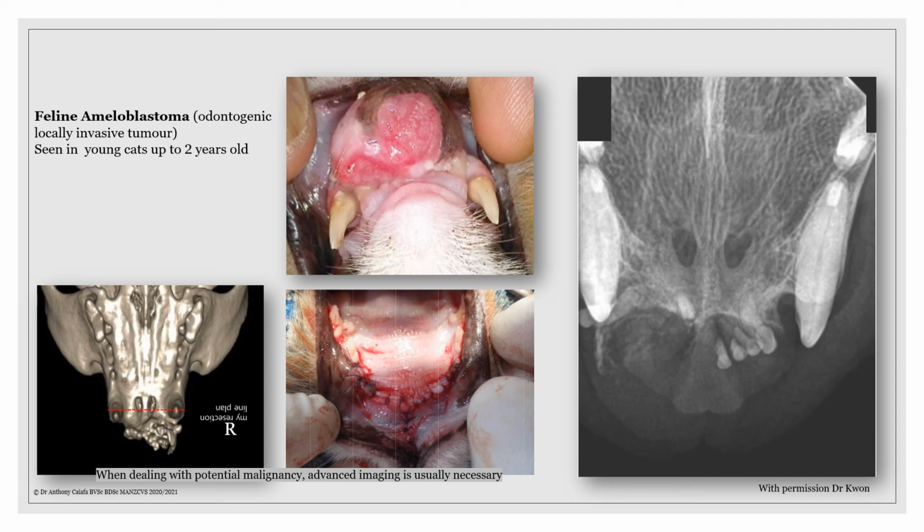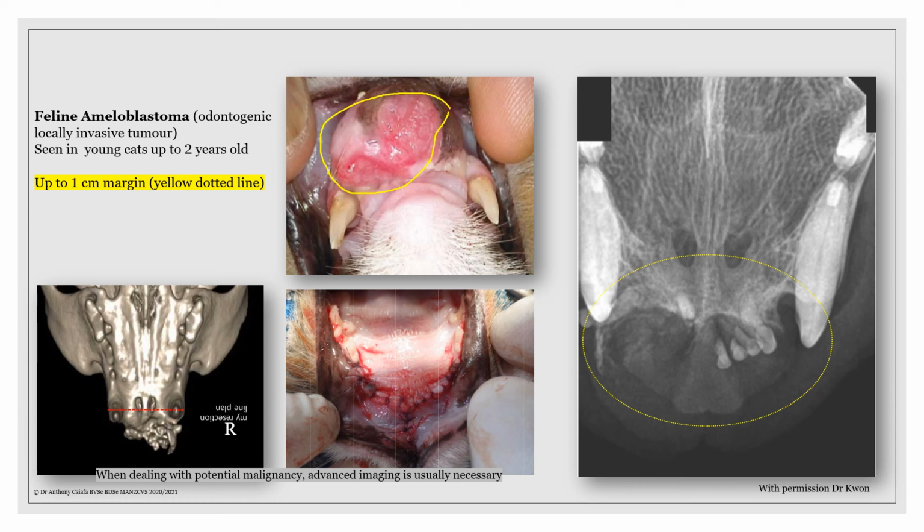This is an example of a tumor in a very young cat. This is a feline ameloblastoma. You can see the tumor mass here, quite an extensive mass. You can see the 3D reconstruction from the CT scan, and the surgeon is planning where to remove this tumor mass. You can see on the radiograph on the right side here, the yellow oval shows you the extent of